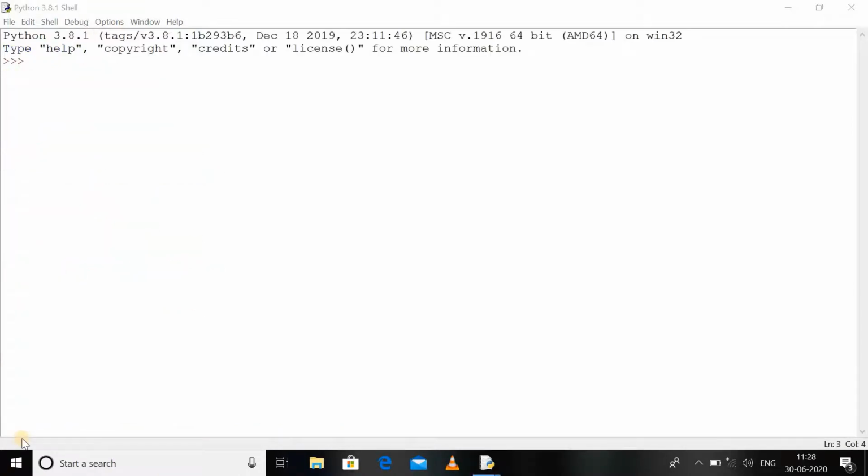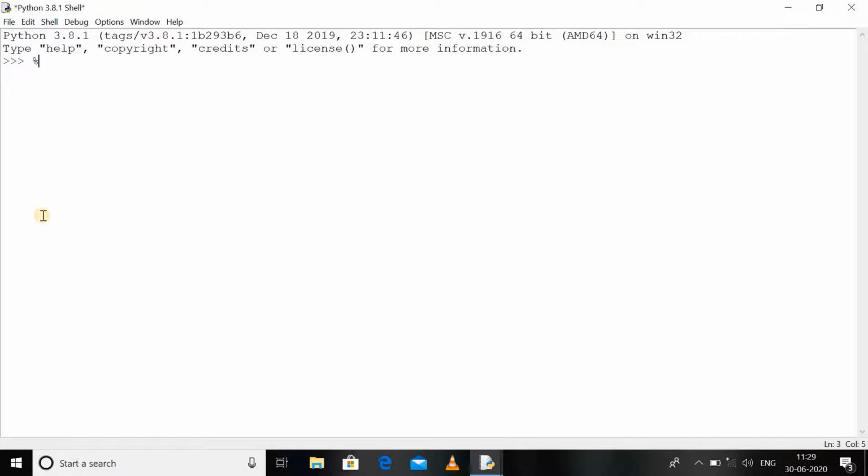Now coming to the point of string formatting, we have already seen that if you want to print a variable along with a certain message which is a string, then we have to either concatenate or pass them as a second parameter to the print method. Now string formatting is used to print the string or alter the string while printing or modifying it. So the first method to use is C style string formatting. Python basically uses this C style string formatting.